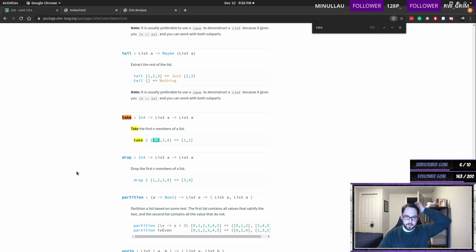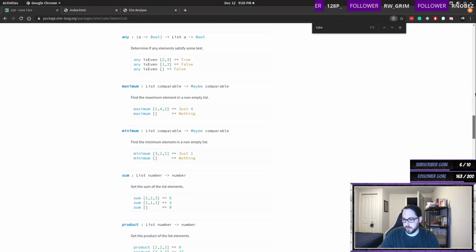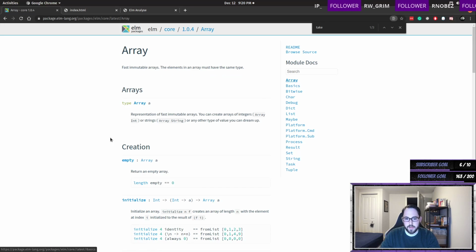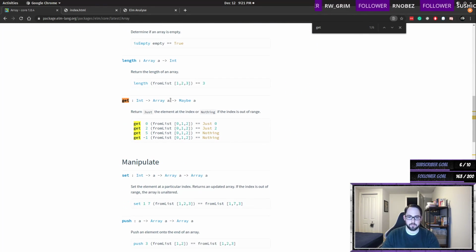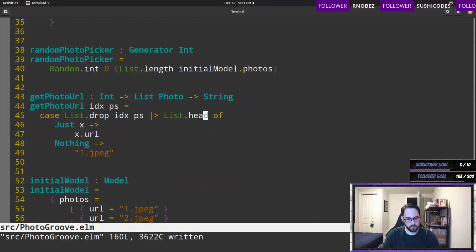There is not an element at in the list. There is for an array. So that's the trick. In array there's like a get. So we could do this instead. Like this is perfectly acceptable to just do